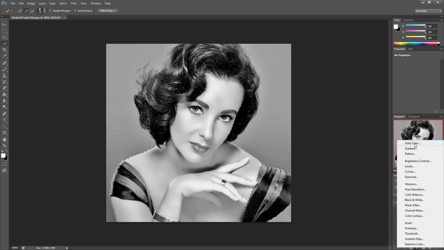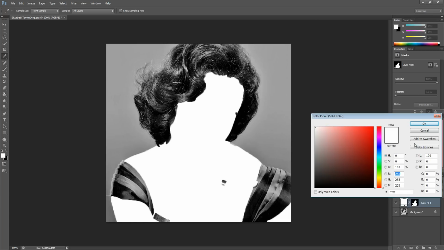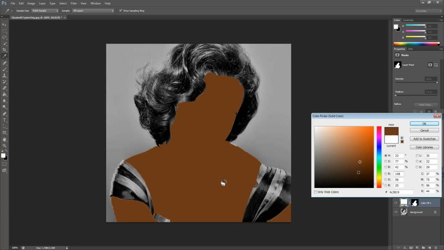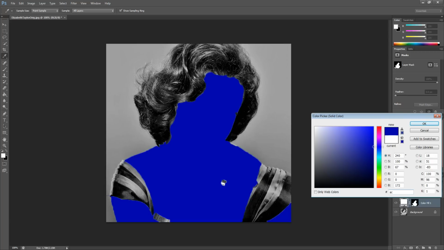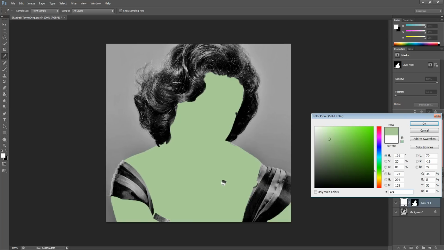We're going to select solid color, and now the area that we have highlighted will be filled with whatever color we want to put in there. Now it looks a little strange at this particular point because it's filling it with a solid color. What we're going to try to do is simulate skin tone, and to make things go a little bit quicker, I actually have some color combinations that I'd like to use rather than spending time during this demo trying to pick a color. So my base skin color is going to be the color you see here. I'm going to hit OK,